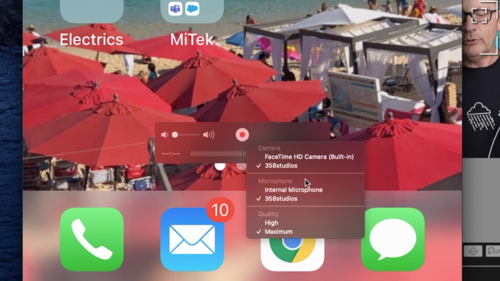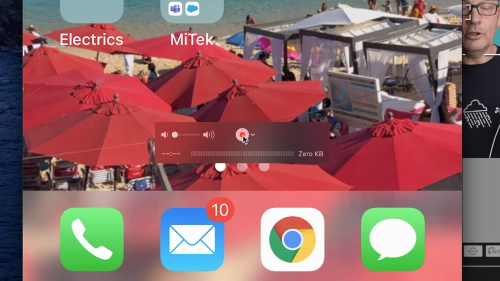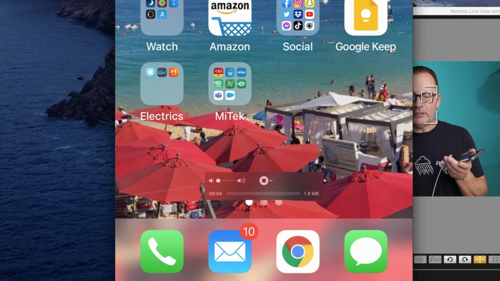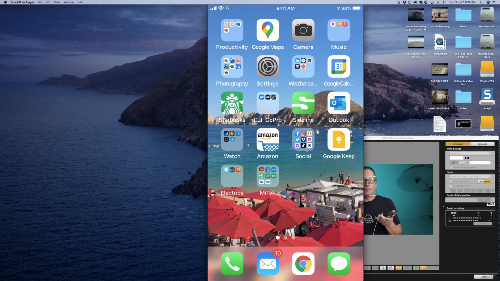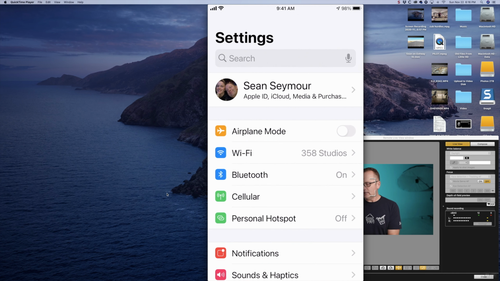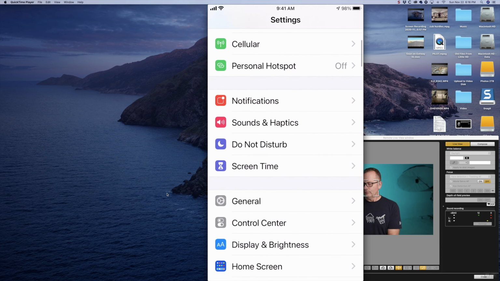Magically. It also is going to ask me how I want to capture the audio and what kind of quality I want. I personally always leave this on maximum. So let's do a quick tutorial, shall we? Click the record button, and as soon as I click that record button, it starts capturing my phone. I can click on settings,